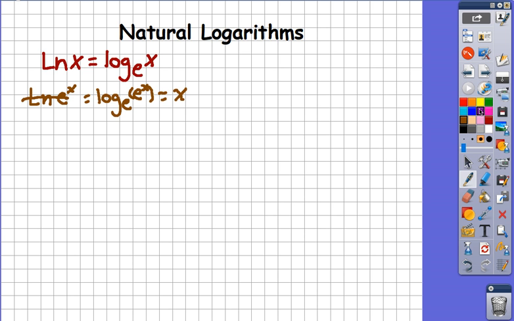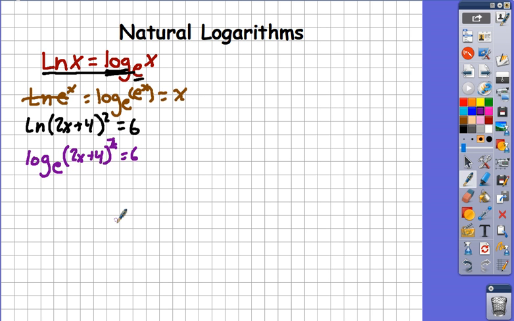So the first one I want to take a look at is the natural log, so ln of (2x plus 4) squared, and let's say that equals 6. The key thing to remember here is that we want to get rid of that natural log. So we need to remember what natural log really means. It means log base e. So let's rewrite this as log base e of (2x plus 4) squared